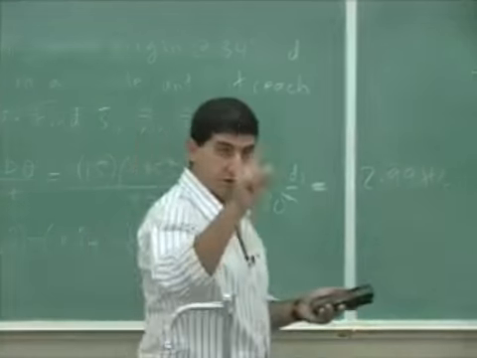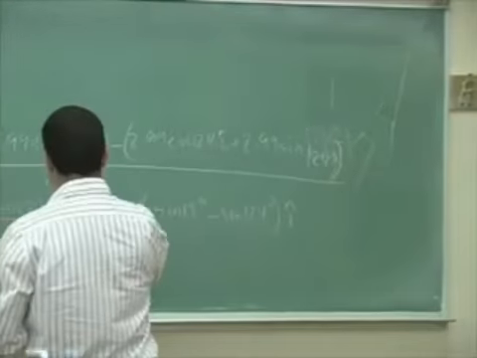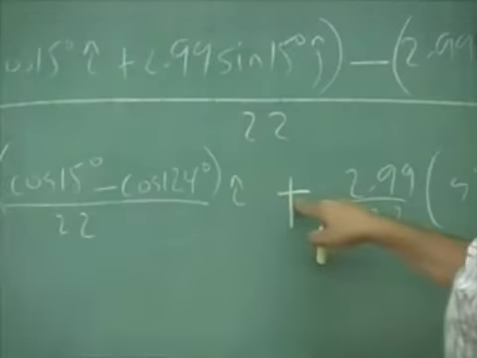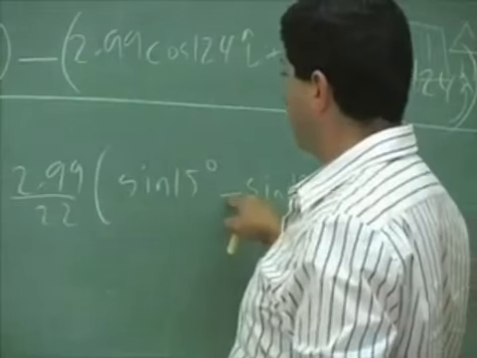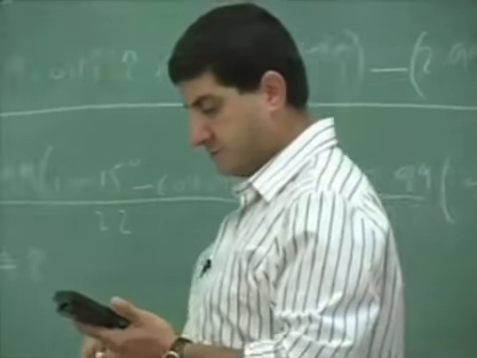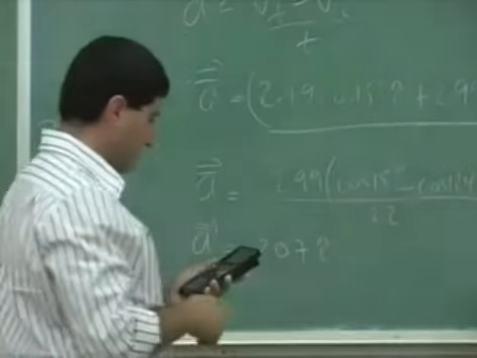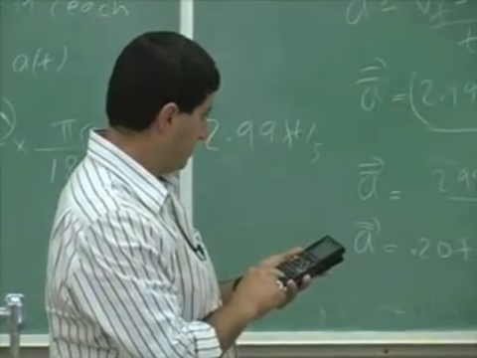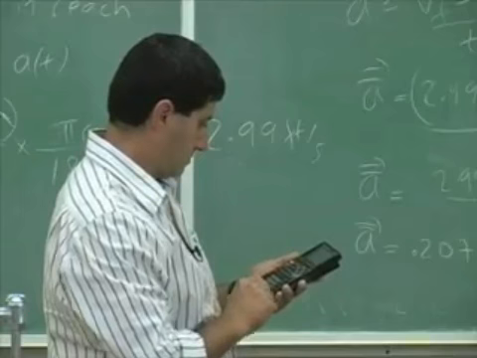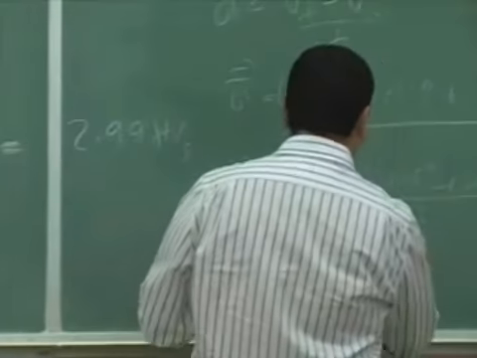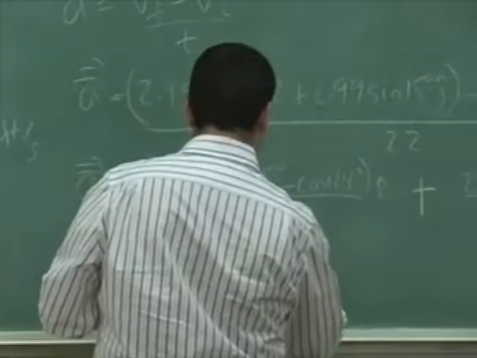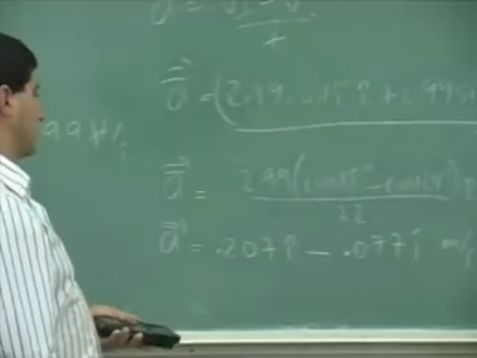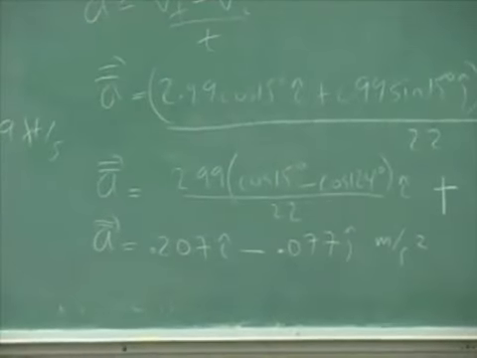Oh, you know what? Sorry, this one should be plus sign. This is minus, this one is plus. Okay, the average acceleration vector is 0.2